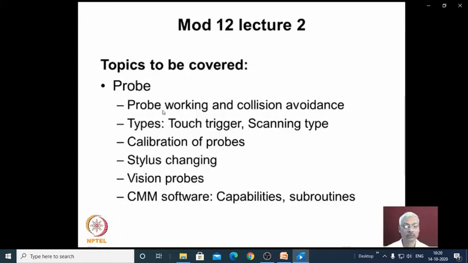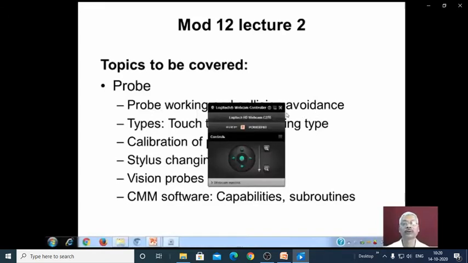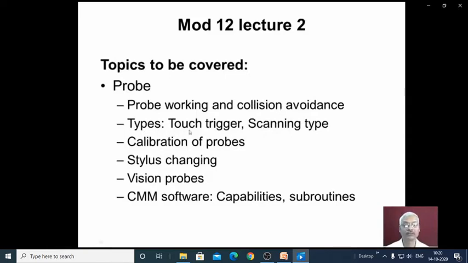So we will discuss the probe working and how the collision of the probe with the machine or workpiece is avoided, and then what are the various types of probes like touch trigger probe, scanning type of probe, and then we will also discuss the calibration of probes and how we change the stylus or probe depending upon the inspection required, and then we will discuss the vision probes, and then we will move on to the CMM software, wherein we will be discussing the various capabilities of software, and then what are the various subroutines used in CMM software.